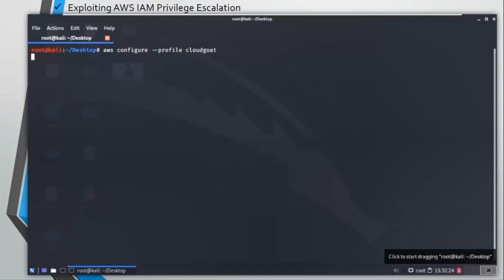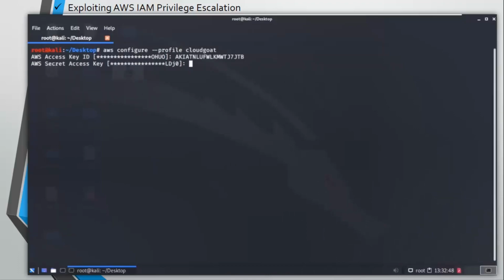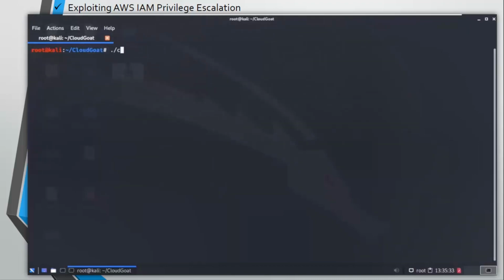The command is as shown on the screen: aws configure --profile CloudGoat. Here you need to enter your access key and AWS secret access key. Just copy and paste it. Don't try to remember it. It's not really important, I mean, not important in the sense of remembering, obviously. Otherwise, it's very important. That's what we are going to learn in this video.